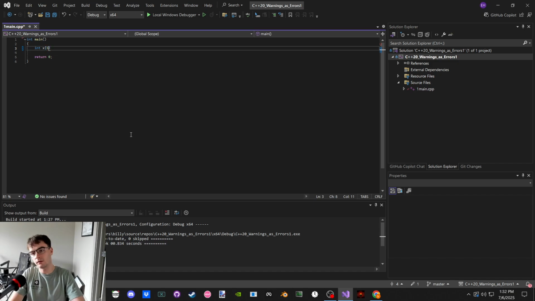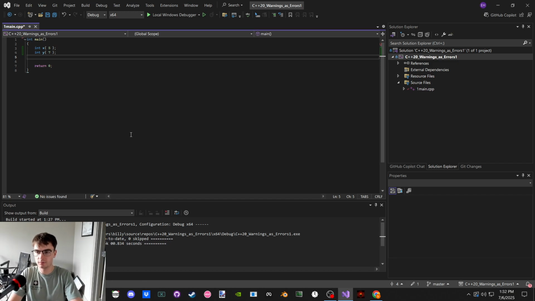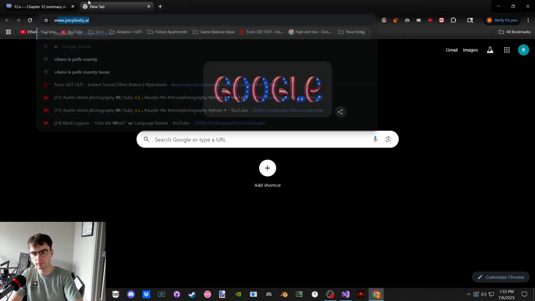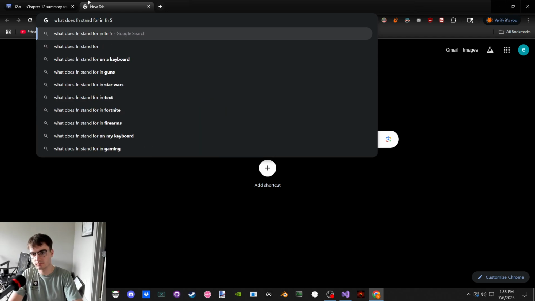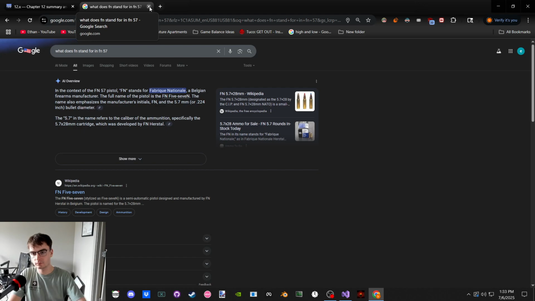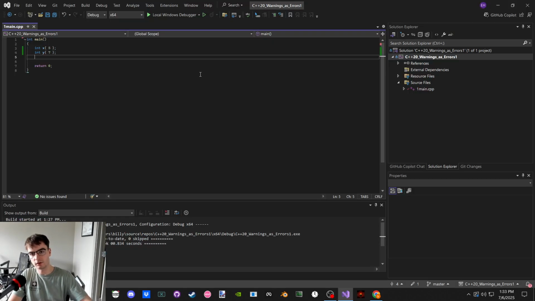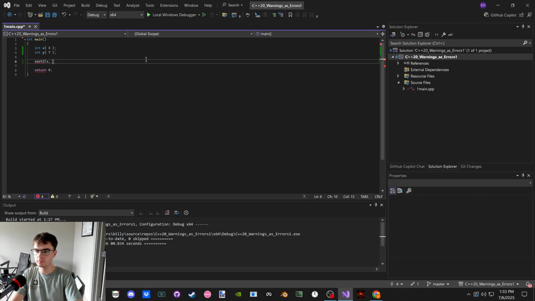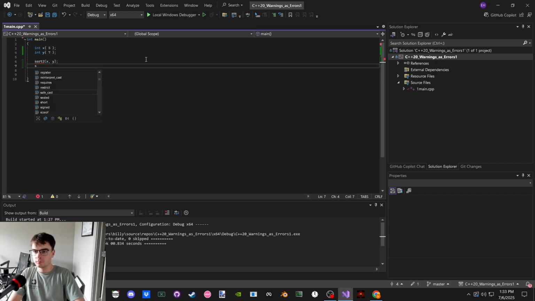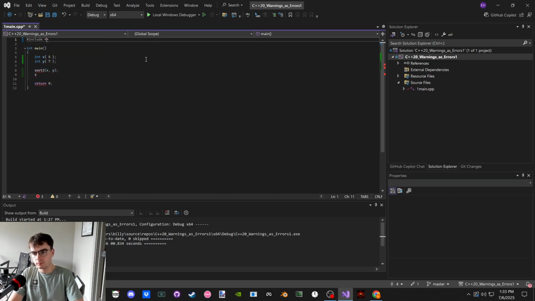So we have int x is 5, int y is 7, fn 5, 7. Fabrique Nationale, just like the scar. We need standard character output. Oops.